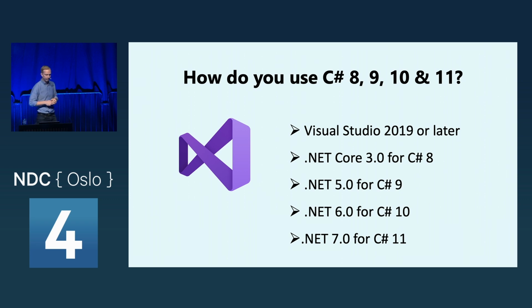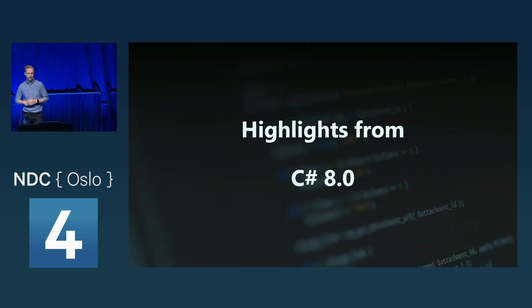So that's quite cool. With that being said, we're going to be looking at quite a lot of features from C# 8 all the way through to C# 12. But before we get into C# 12 and what's coming in the future, I want to talk about some highlights from C# 8. There were quite a lot of language features added to this iteration of the language. Now, you would imagine that once you've gone to the 8th iteration of your product, you would be finished. That's not the case, and if that was the case, I wouldn't be standing here.